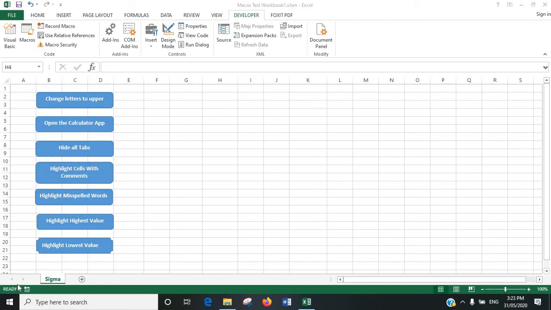In this video I'm going to show you how to use a form control to assign a macro. In a previous video I showed you how to create a shape and then assign a macro to it, but that, in some ways, because of how you have to design the shape and fill the shape, takes a little bit longer than a form control. So I'll show you how